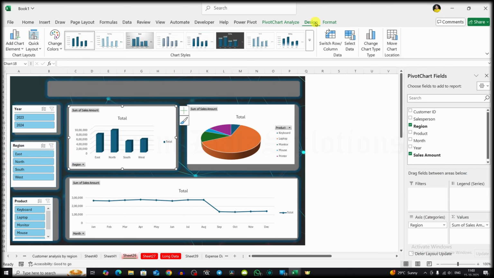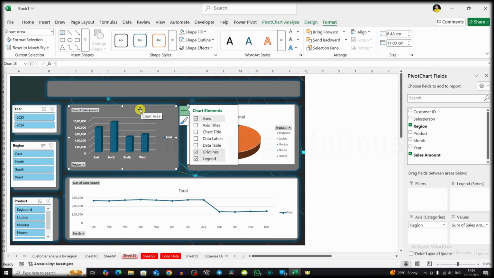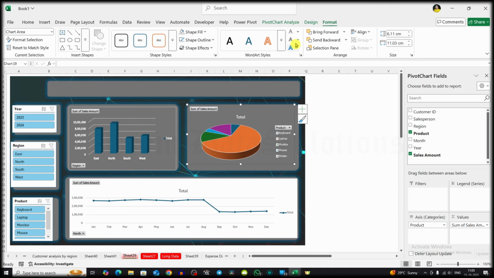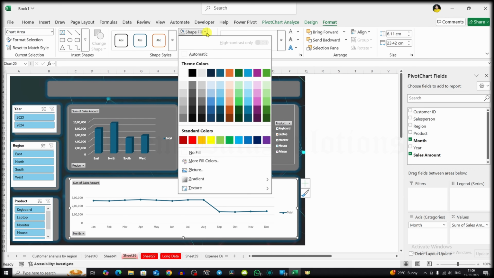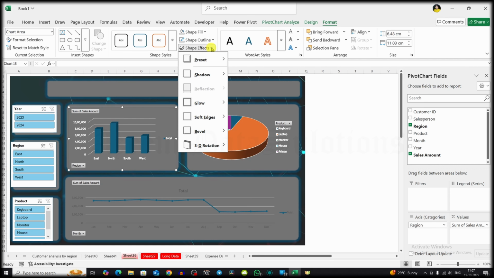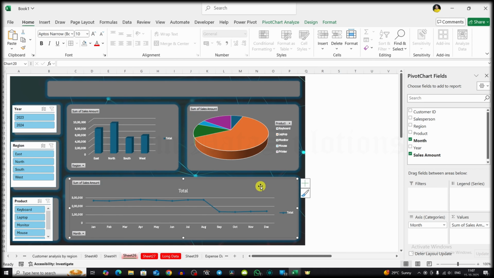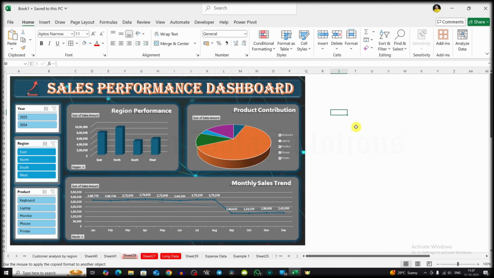Use consistent colors, like one theme per category. Keep enough white space so it looks professional.